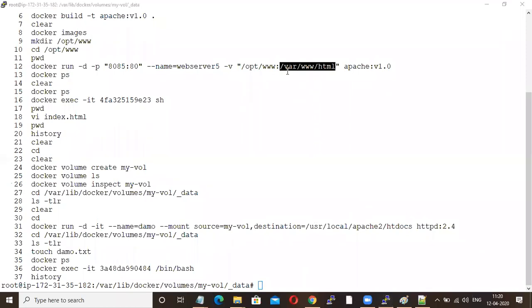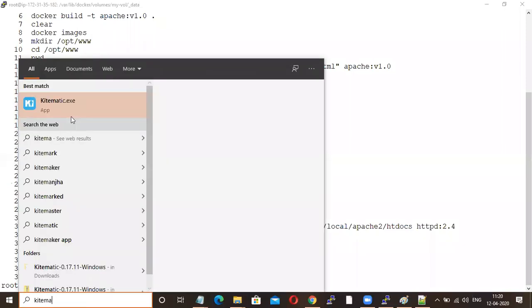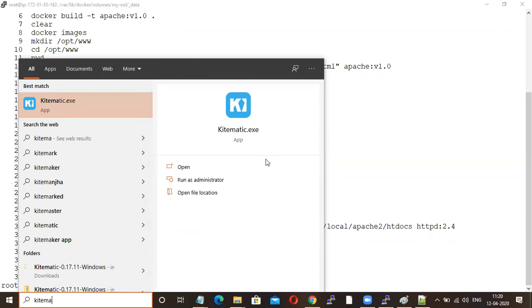Okay, I have covered three topics today. First, I showed you how to work with Docker on your local desktop using GUI mode. Using the Kitematic tool, you can work in a Windows environment on your local machine. This is not recommended, but as a beginner, if you want to get some idea, you can work with the Kitematic app.